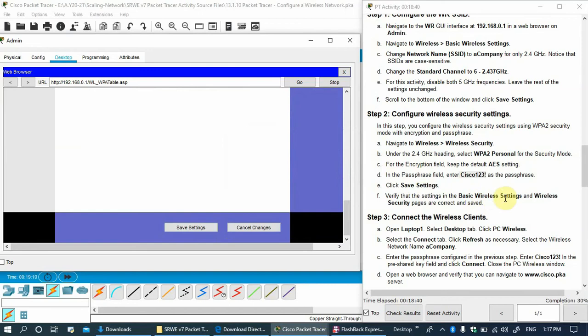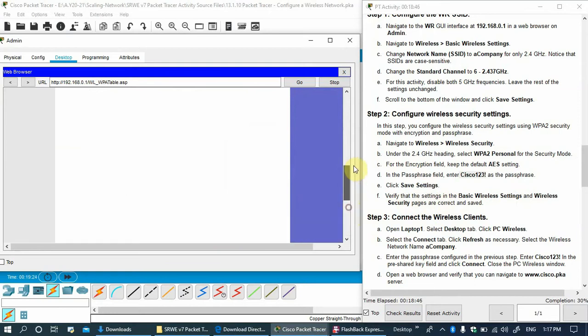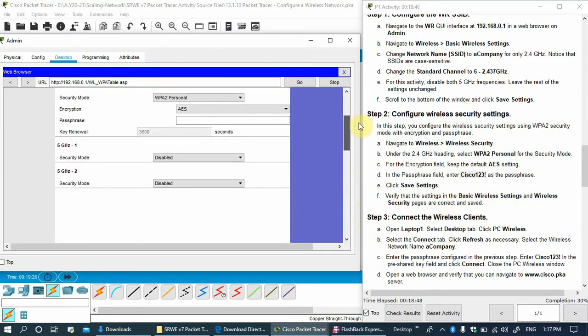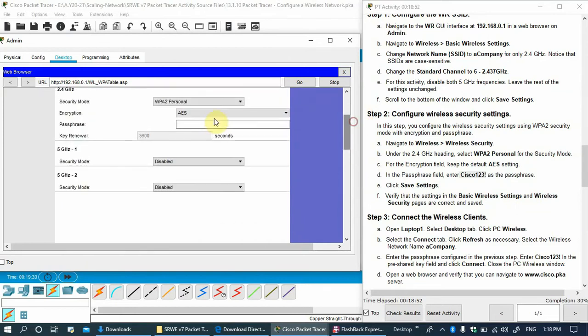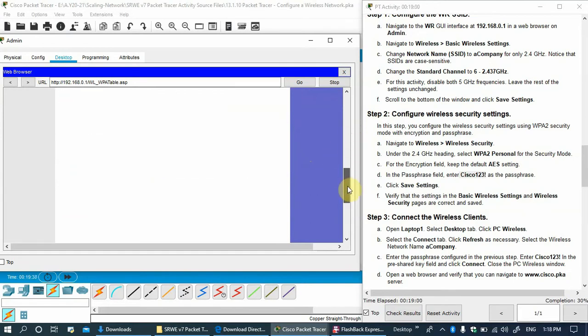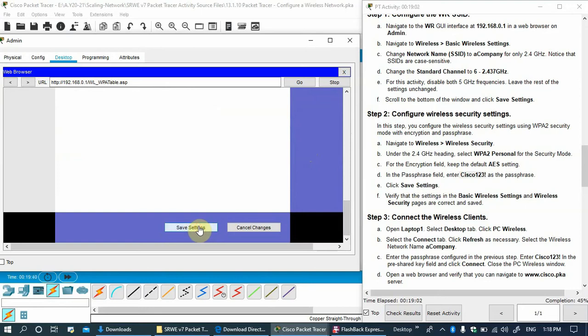And verify the basic wireless setting and wireless security pages are correct. We can see yes, it is correct. Passphrase, AES, WPA2 passphrase. I think now it is done. Save settings.